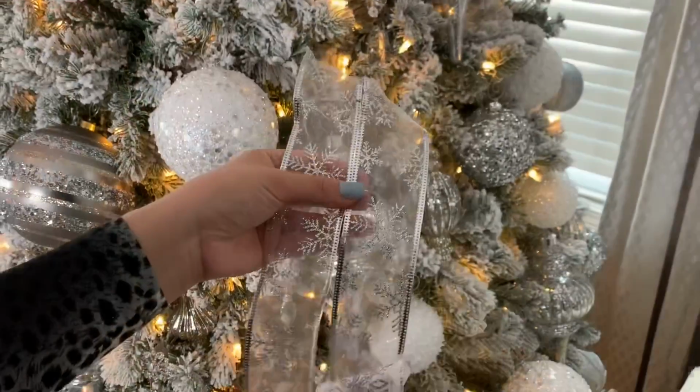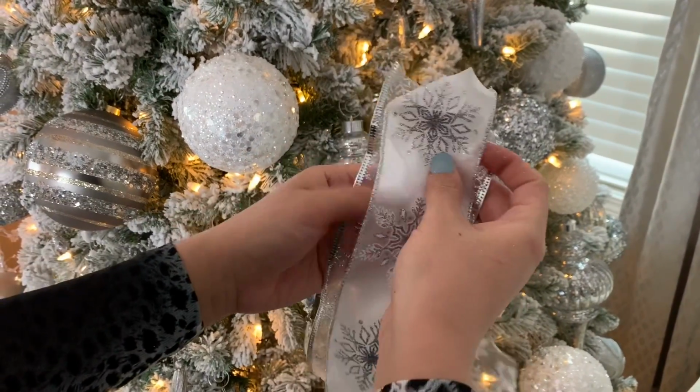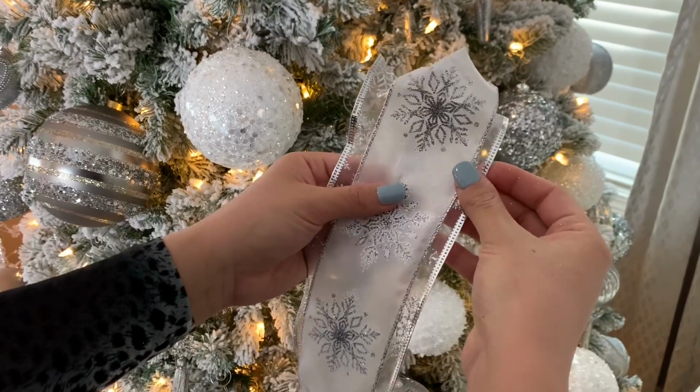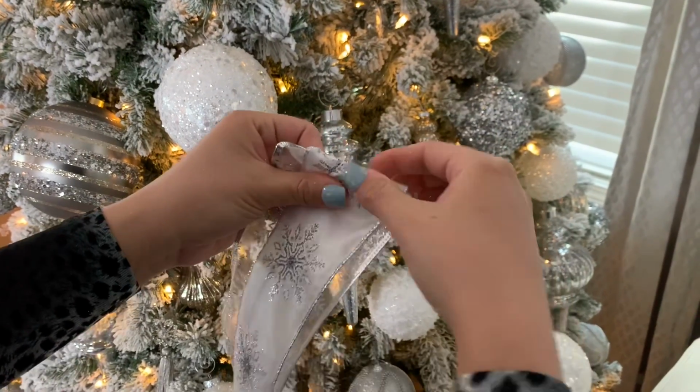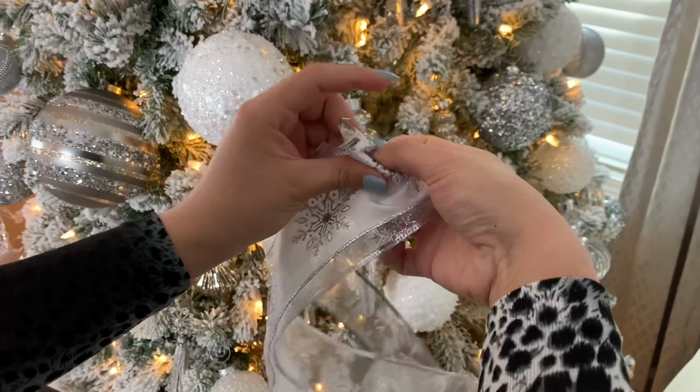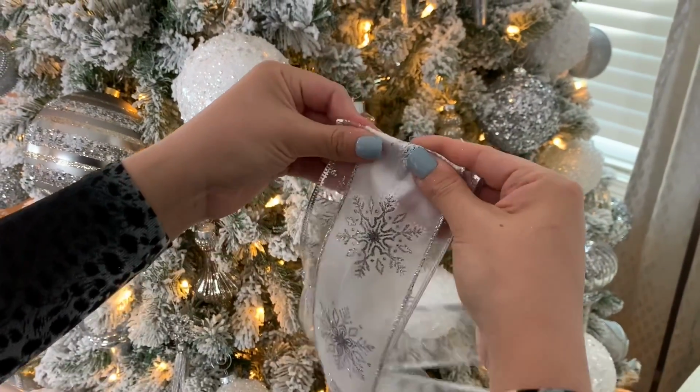Here's where the inspiration came from. I bought this white snowflake ribbon from Costco. I knew instantly that this was going to be my theme on my tree and in my house decor. The silver glitter snowflake ribbon is from Dollar Tree, and what I did to make an even whiter ribbon is cut 2 pieces of the silver ribbon, 1 white ribbon, and place it in the middle of the silver ribbon